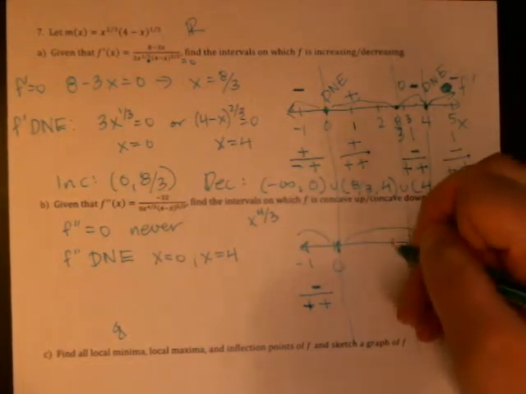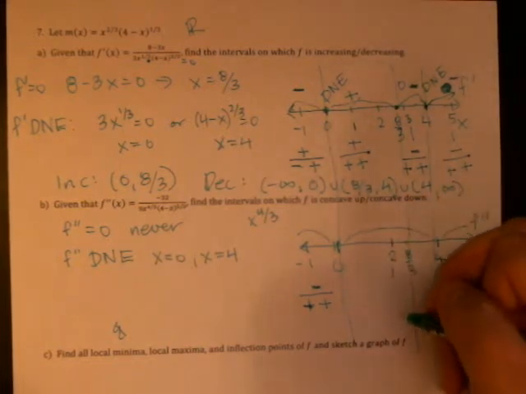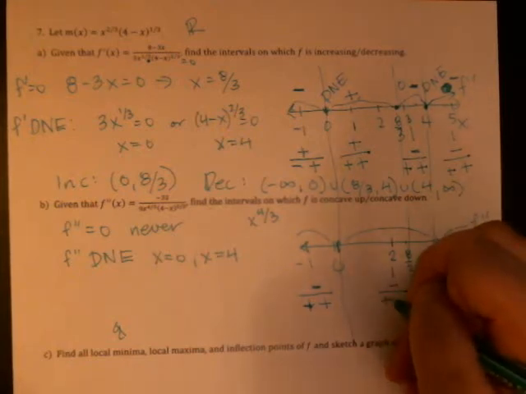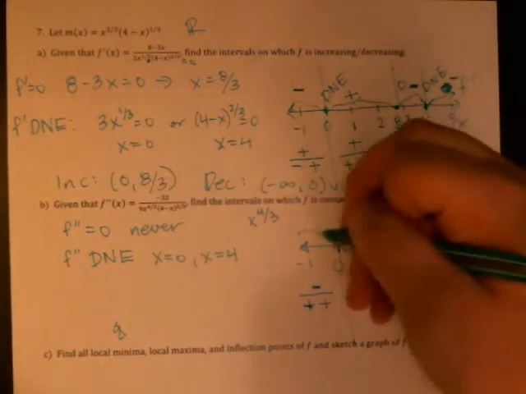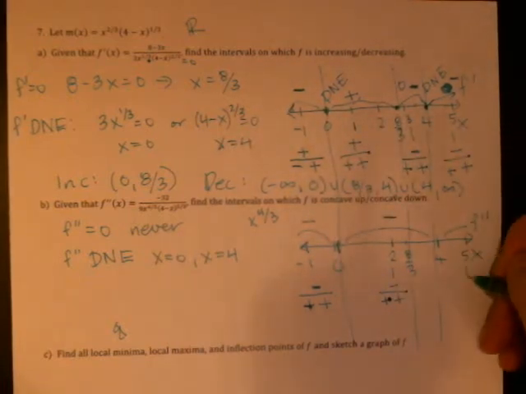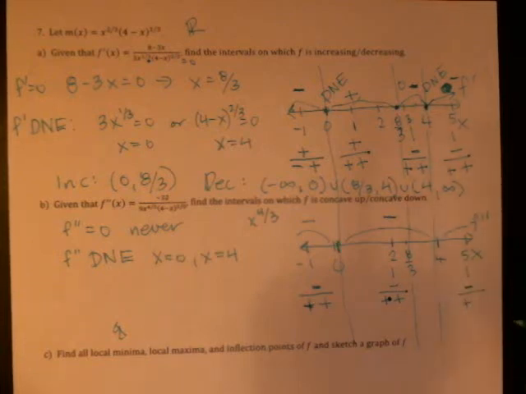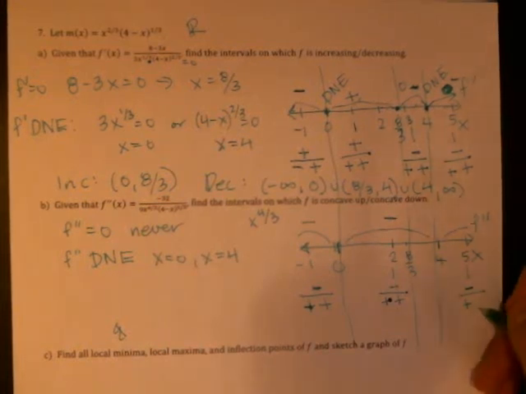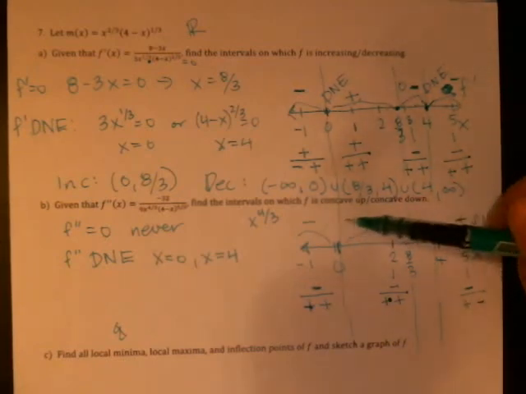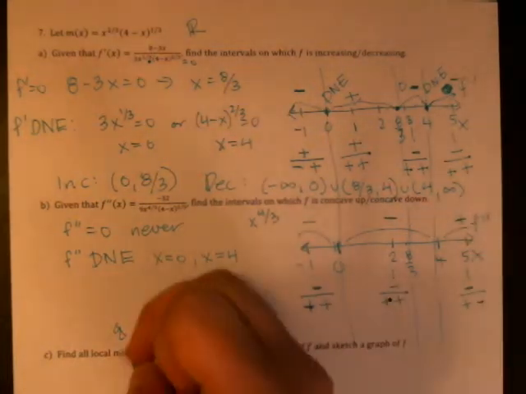Okay, and then somewhere between 0 and 4, I'm just going to snag 2. And again, testing the second derivative, so the top's always negative, the first factor is always positive. 4 minus 2 is 2 raised to the 5/3, still positive. So we have a minus and a minus. And then I'll try out 5. Top's negative, first factor is positive. And then 4 minus 5 is negative 1. And when we raise that to the 5/3 power, those are all odd, so that's going to stay negative. So finally we get a change. So it's concave down, concave up. So let's say